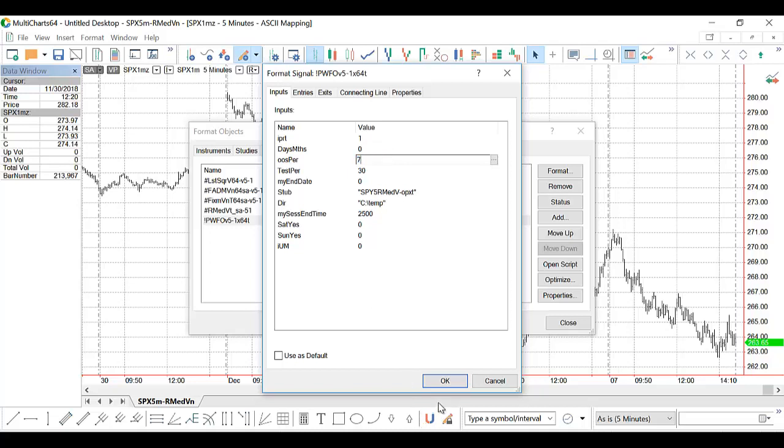We'll just make it 7. So that means that I have 30 days in my test period, which is the same as the in-sample period, and 7 days in the out-of-sample period. If days, months was equal to 1, then it would be 30 months in the in-sample period and 7 months